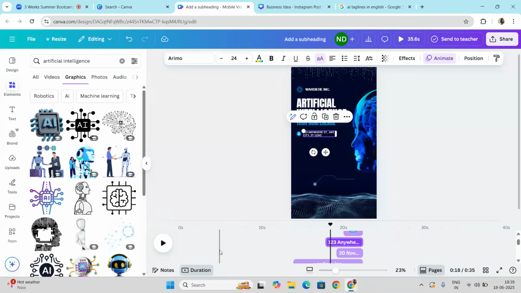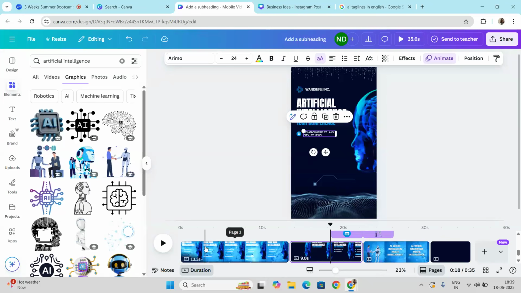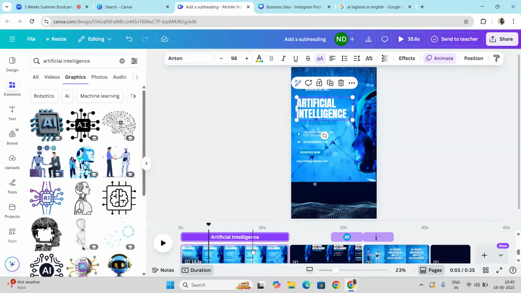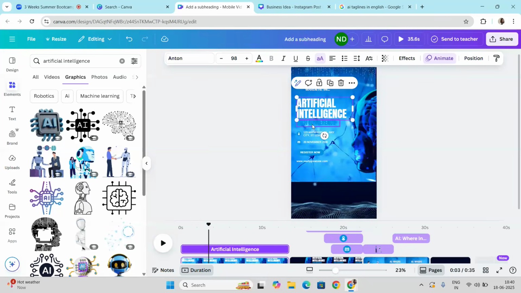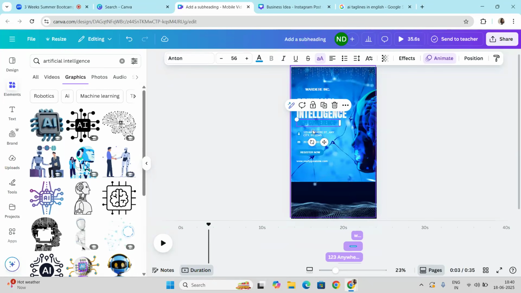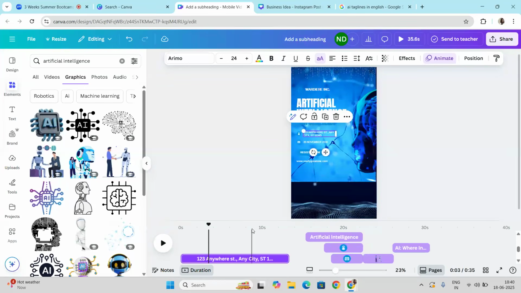The text part was not visible firstly. Exactly. Only the video and the pictures were visible. See, once you click on any page, and once you click on any element over it, like this, it will start appearing. Once you click on tech conference, then it will start appearing like this. So this is how it will start coming out automatically. You have to just click on each and every part, it will start coming automatically. So this is the same thing that you need to do. If I'm going to make it like this, and if I'm going to click on this, this is how it will start appearing one after one.